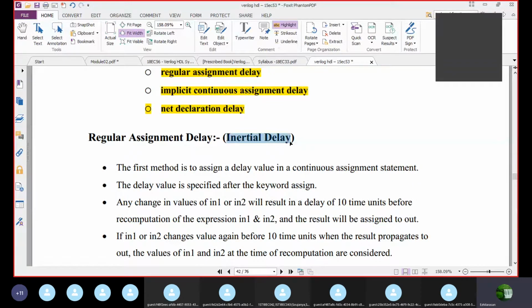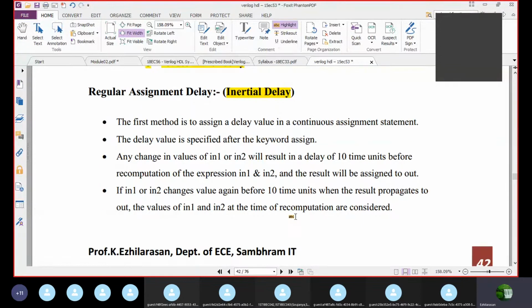The first method is used to assign a delay value in a continuous assignment statement. Very important: the initial delay, or regular assignment delay, is specified after the keyword assign.